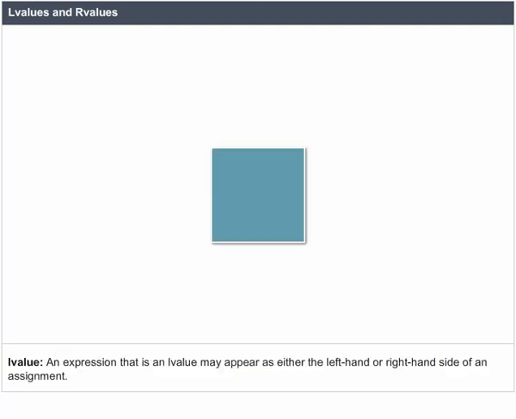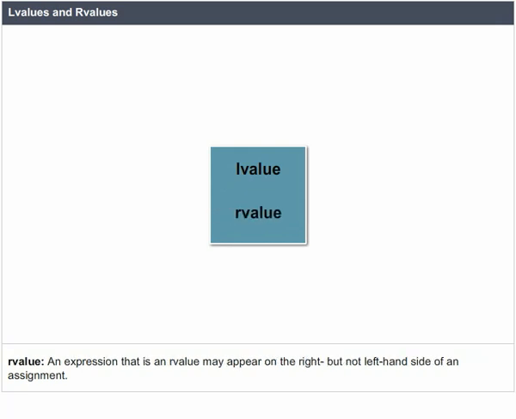L values and R values. There are two kinds of expressions. L value: an expression that is an L value may appear at either the left-hand or right-hand side of an assignment. R value: an expression that is an R value may appear on the right but not left-hand side of an assignment. Example: